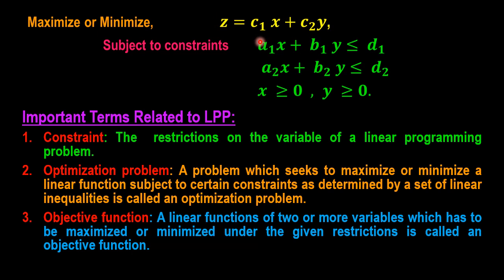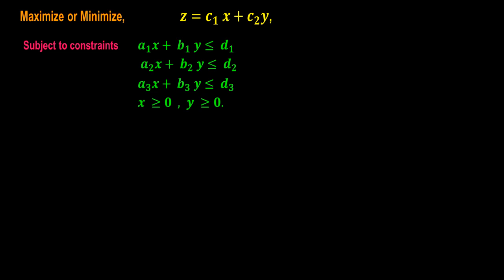And the set of linear inequalities which are written in green color, we call constraints. Now here what we have to do is plot a graph of this system of linear inequalities as we have done in class 11 in the chapter Linear Inequalities. So here in the graph, we plot these three linear inequalities.